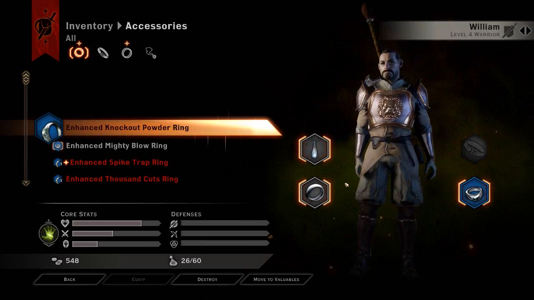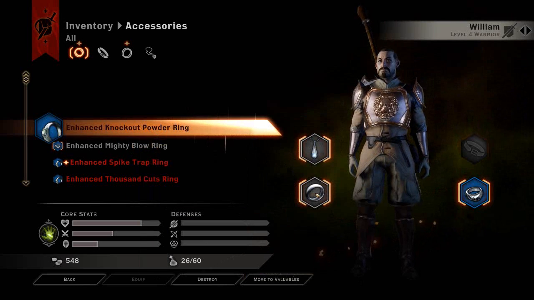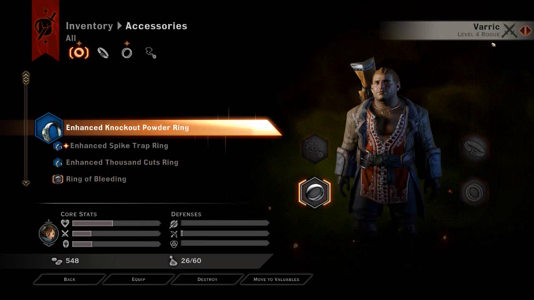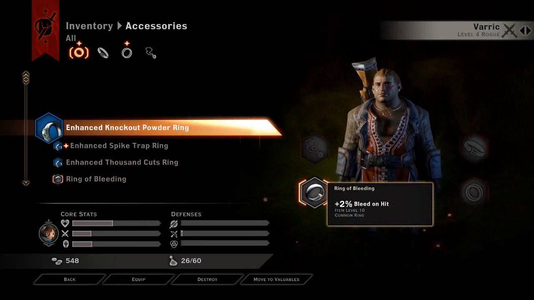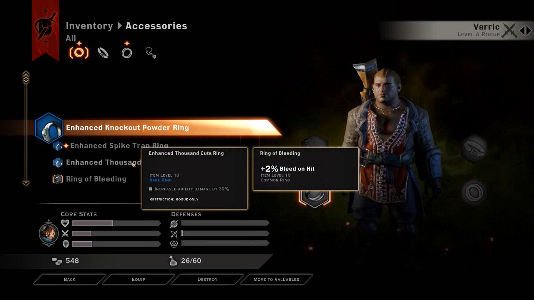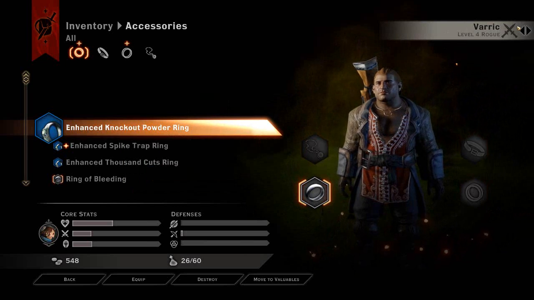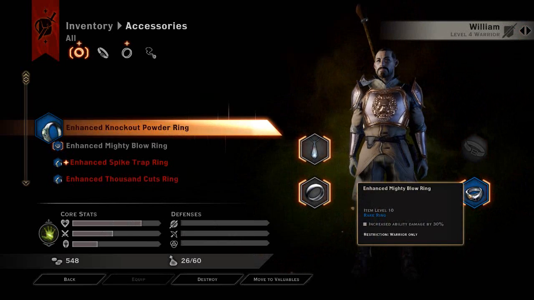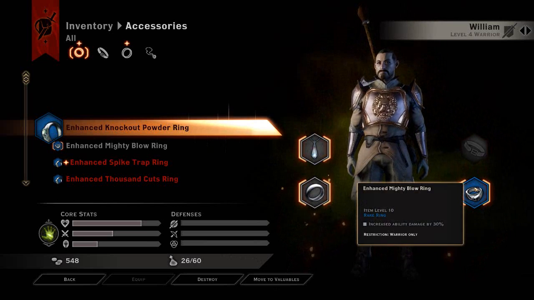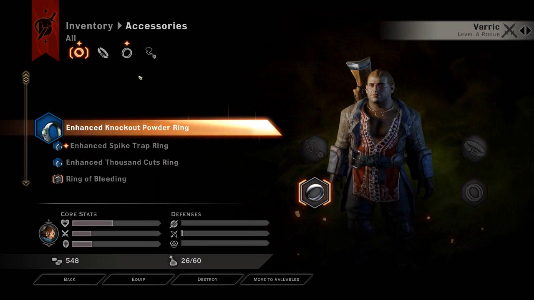We've got 2 ring slots, yep. What's this one? 2% heal on kill and increased ability damage. Okay. Varric, he's got bleed on hit. Oh, I see. It's not ability duration, it's specifically that ability. So this increases Mighty Blows ability. Ah, I was not reading the actual...